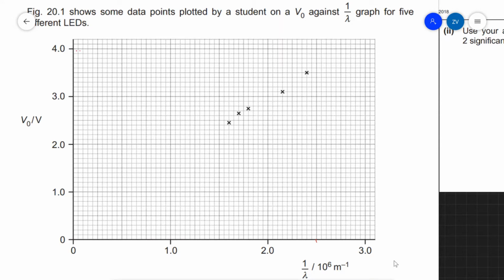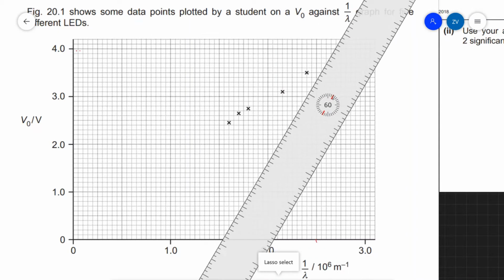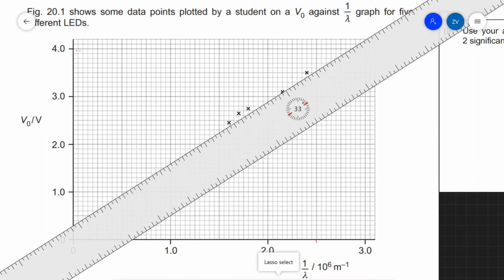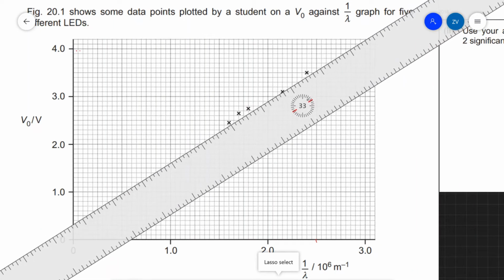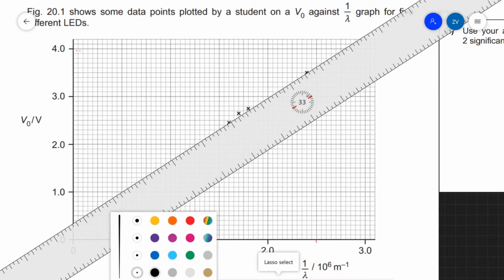Now, the rule with drawing lines of best fit would be to make sure that we have an approximately equal spread of data points on either side of the graph. So what I need to do is take my ruler and align it in a way that approximately half of the points are on one side of the graph and half are on the other side. So let's draw our line of best fit now,